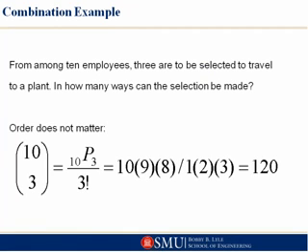So here we go, back to the example. Among the 10 employees, 3 are to be selected to travel to a plant, period. Don't care whether it's plant A, B, or C. How many different ways can the selection be made? So we had the 720, that's 10 times 9 times 8. Now we're going to divide by 3 factorial. It should say 3 times 2 times 1, because that's the definition of 3 factorial. And now we have 120 different triplets that I could pick from 10 distinct